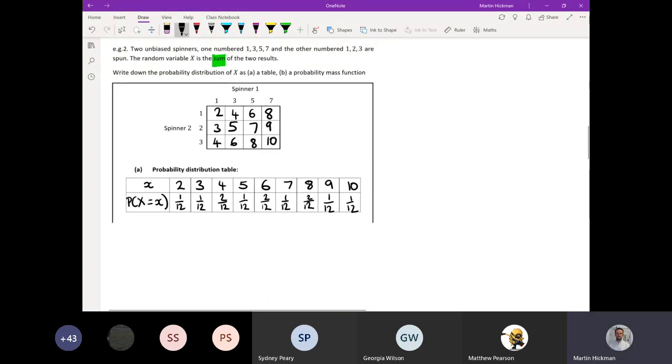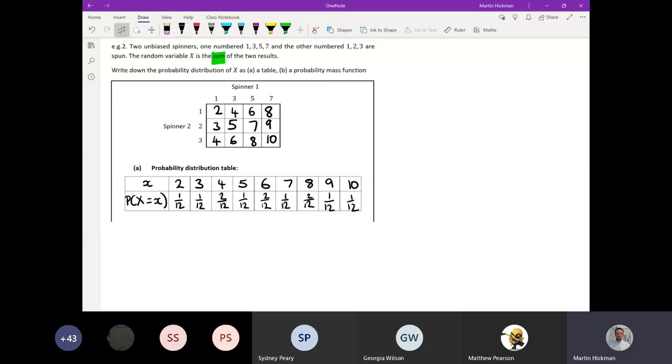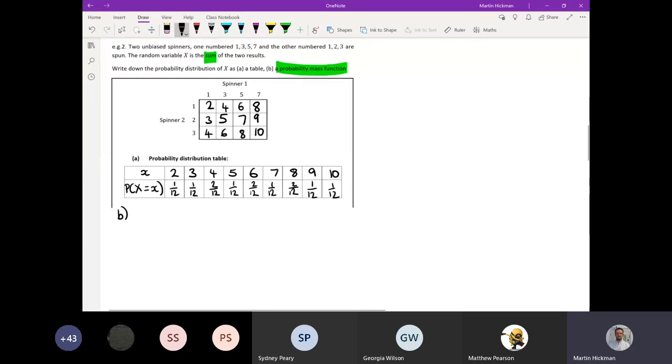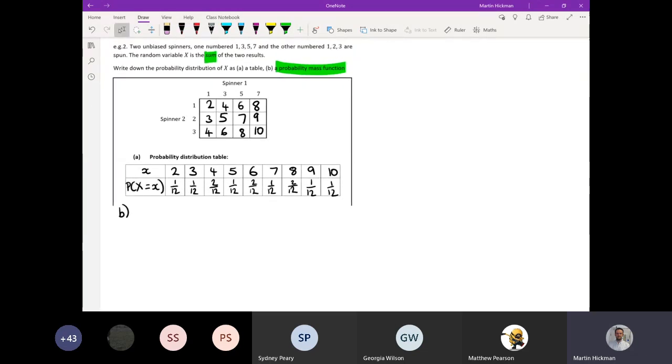Now what I'm going to do now is introduce what we call the probability mass function. Normally you won't get asked to write this out. Normally what you'll see this in a future example. Usually you'll get given this in the question, so it's good to be familiar with this notation. So it's good practice to be able to do this, even though most of the time in the exam you'll usually be given it to then do something with it. So if I want to write out my probability mass function,